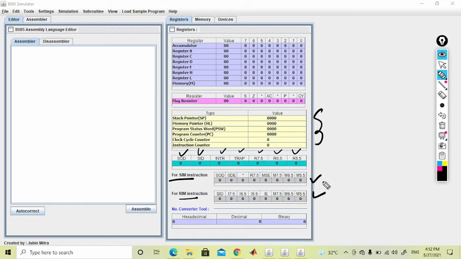Finally we have this converter tool, which helps in converting hexadecimal values to decimal and binary values. Here you can also see the complete memory portion of our 8085 by clicking this.